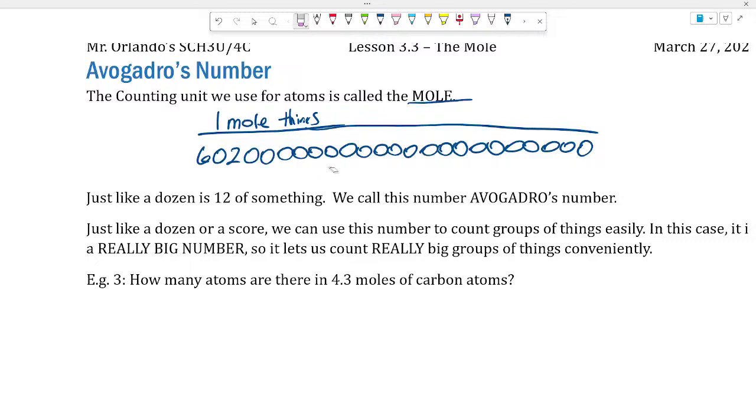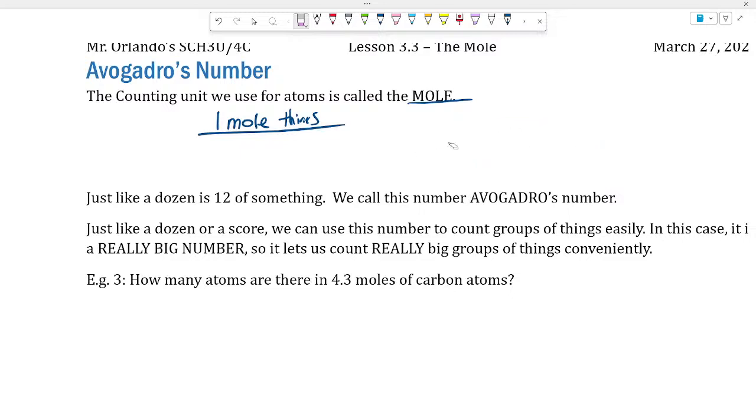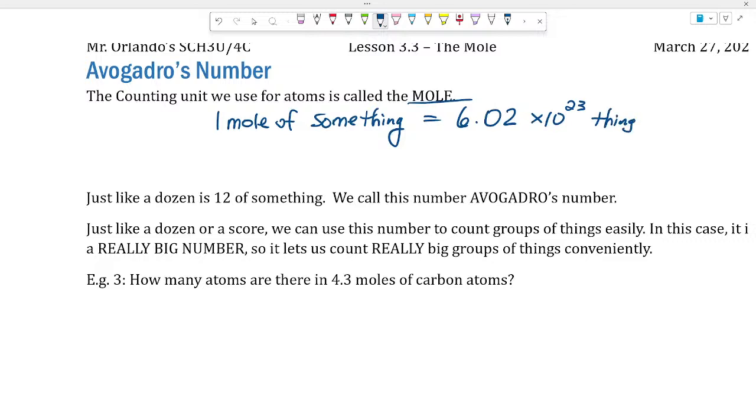Now, do we want to write it that way? That's begging to have a mistake. So we're going to write it this way. We're going to say 1 mole of stuff, 1 mole of something, is the same as 6.02 times 10 to the 23rd things. So if we're talking about a mole of donuts, that would be 6.02 times 10 to the 23rd donuts,